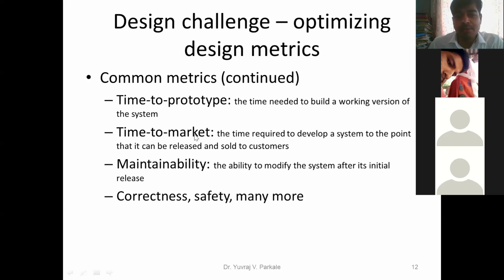However, time to market is nothing but the total time actually. That is how much time is required to develop the working model of the system to the point that it can be released and sold to the customer. That means if I build the working model of the system, I'm not going to directly launch my